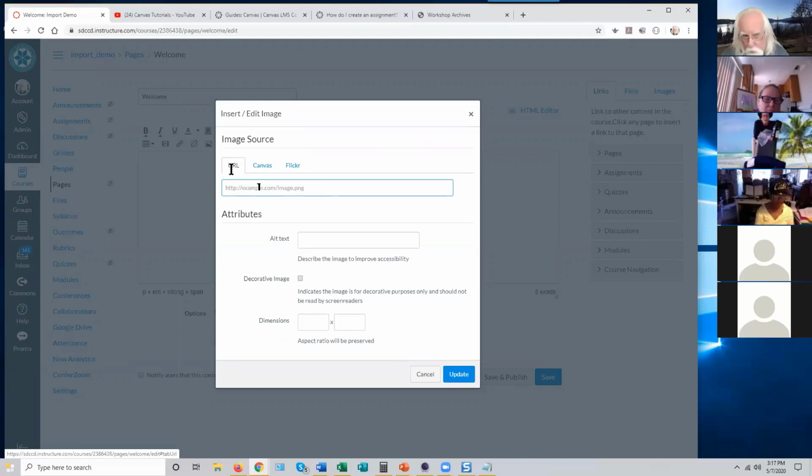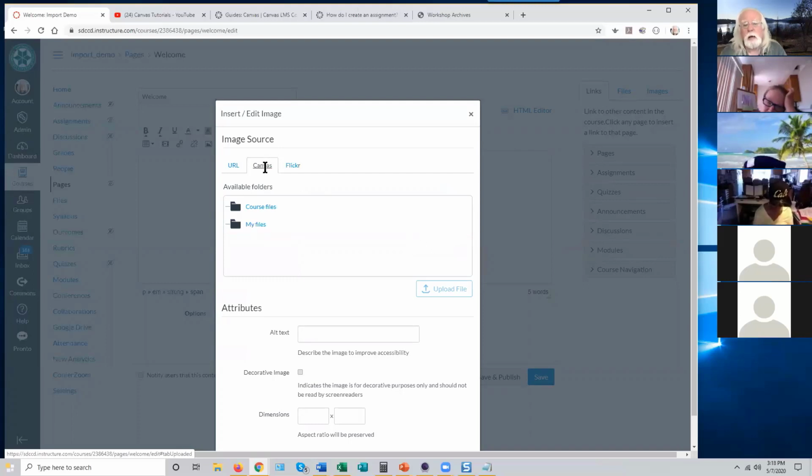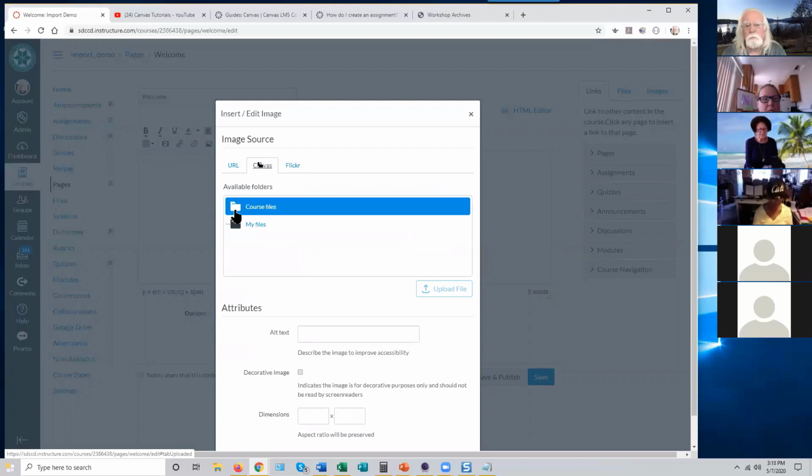It escapes me why that is the default choice. Normally, you're going to upload this file to Canvas from your local computer and then embed it in this document. You do that by clicking the Canvas tab here. I don't know if anybody uses Flickr anymore, which is an online photo repository. There are so many competitors. But Canvas is, so you're probably going to click on the Canvas tab, and you're going